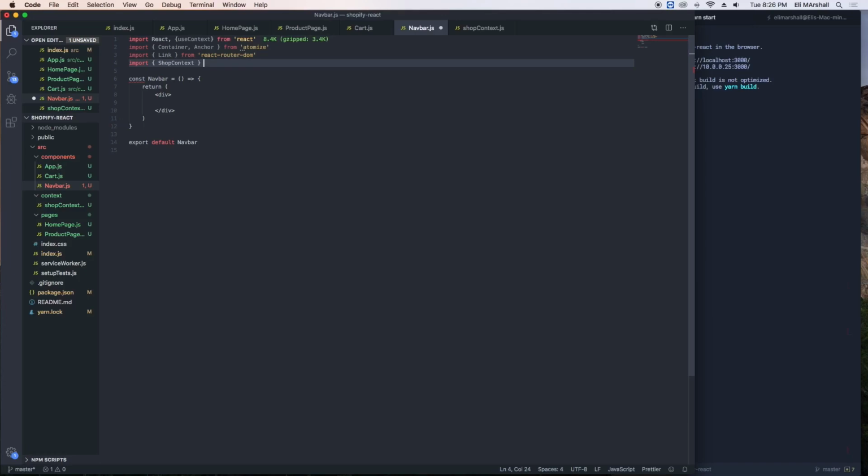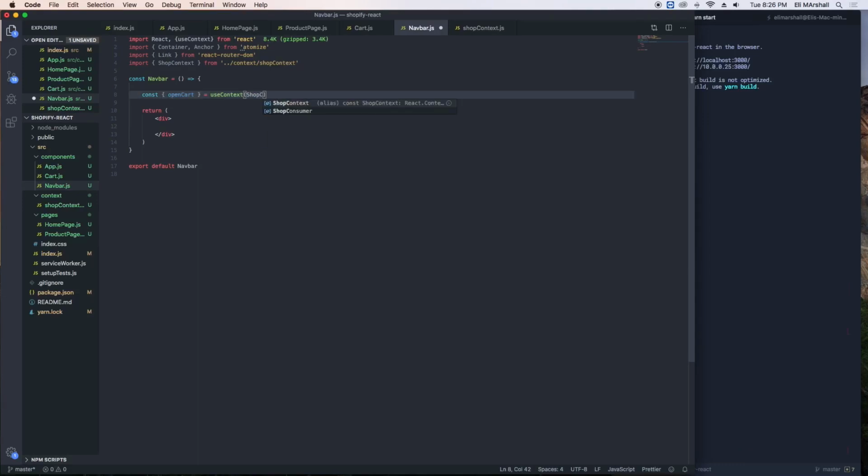Okay, where are we? So need to go back a directory, context, shop context. Perfect. So use context. We need the function open cart. Not worried about closing it. Shop context. Perfect. All right, so go ahead and use our